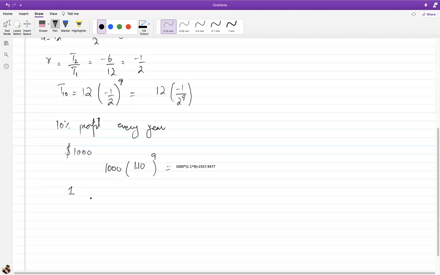Now, after 50 years, how much will its power be? The power is doubling every 2 years. So in 50 years, how many times will it be multiplied by 2? After the first 2 years it is multiplied by 2, after the next 2 years it is multiplied by 2 again, and so on. Basically, how many times will it multiply by 2? In 50 years, it's going to multiply 25 times, right? 2 power 25.